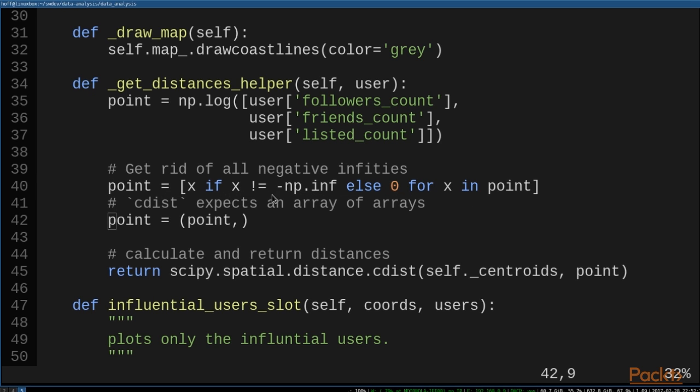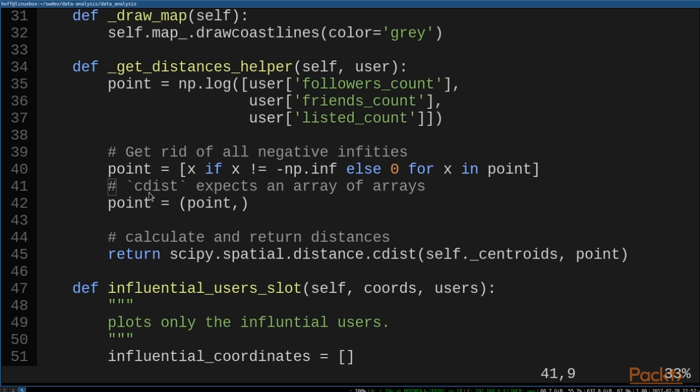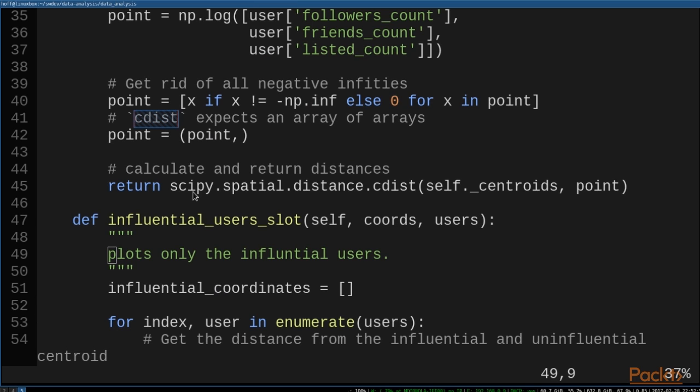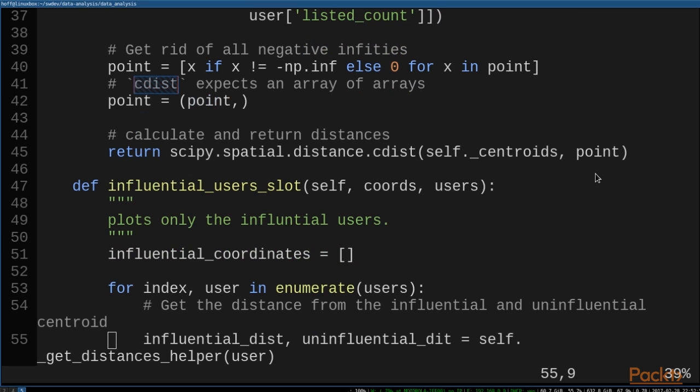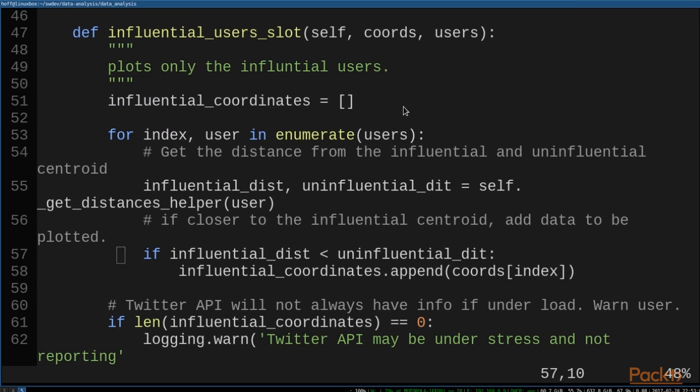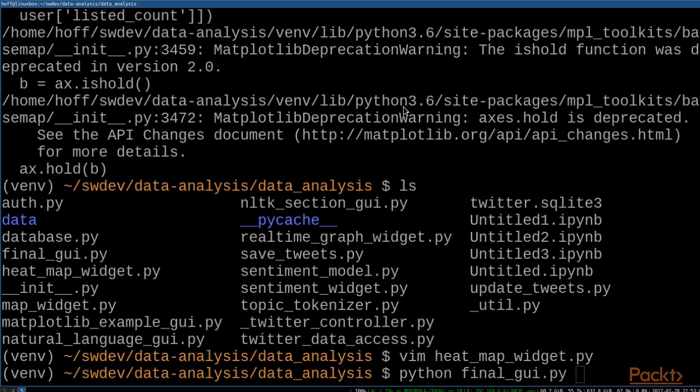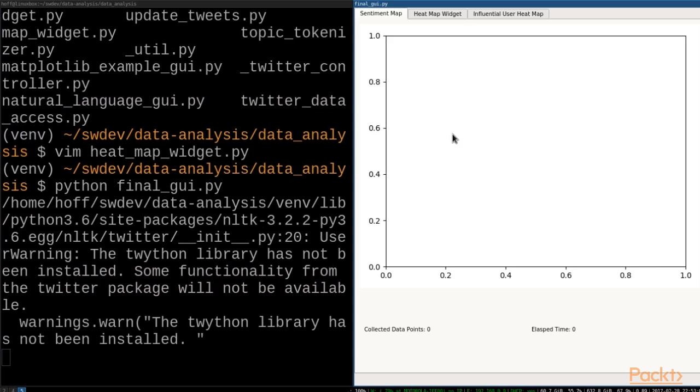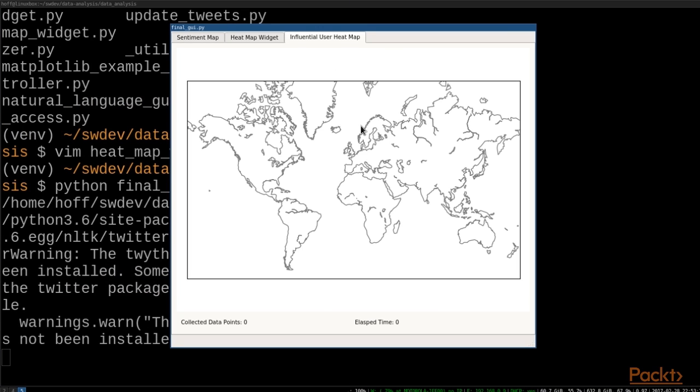And if it is, we will return the number if it's not equal to negative infinity, and if it's equal to negative infinity, we'll return 0. And then we use the center distance equation out of SciPy, which I've fully qualified here: scipy.spatial.distance.cdist, and we'll pass in our centroids and the actual point that we're interested in. And again, I'll have to really think about this, but I think maybe we wanted it like that instead. And if we go ahead and run this final GUI, what we'll see is we've got a significantly